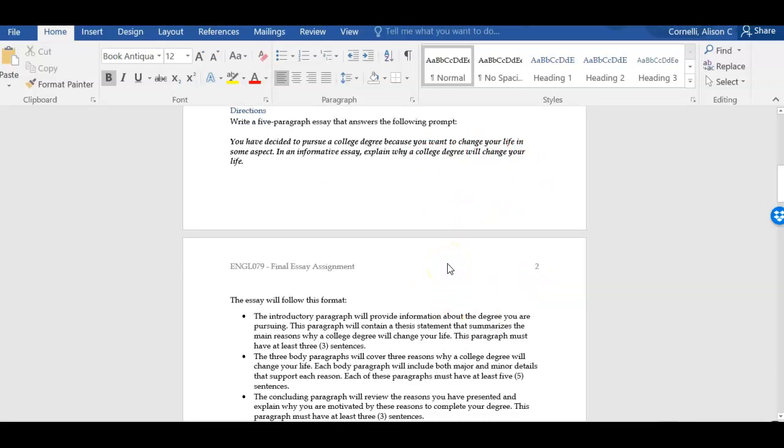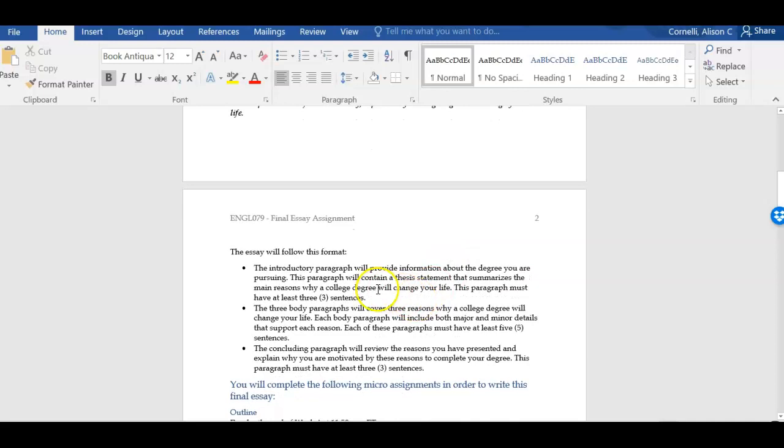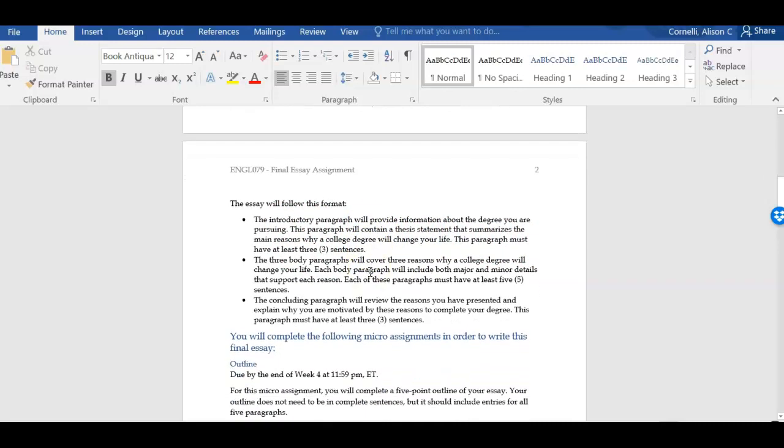All right, so these are the things you've got to have in this essay. You have to have an introductory paragraph. Remember, this is going to be a 5-paragraph essay. You have an introductory paragraph, which contains your thesis statement, why a college degree will change your life, and you must have at least 3 sentences in that introductory paragraph. Then you're going to have 3 paragraphs that follow, and this is kind of the meat and cheese of the sandwich.